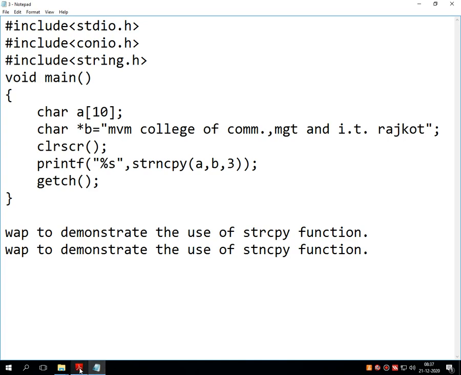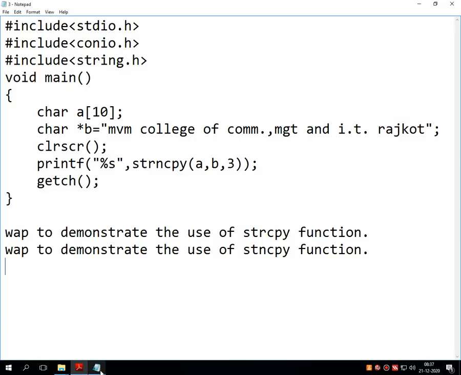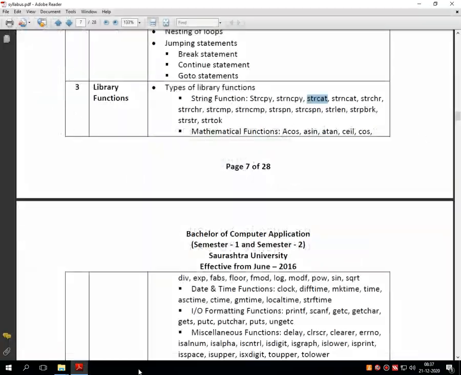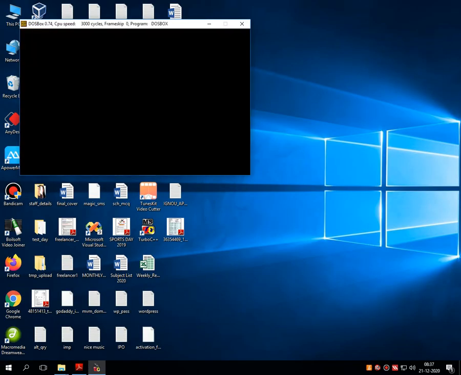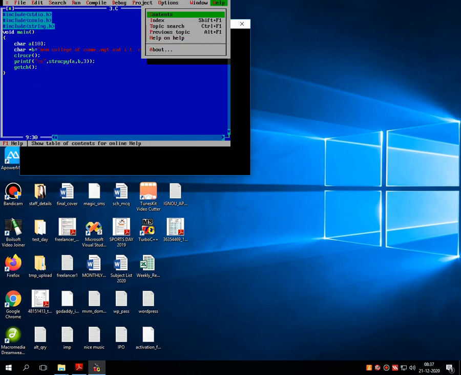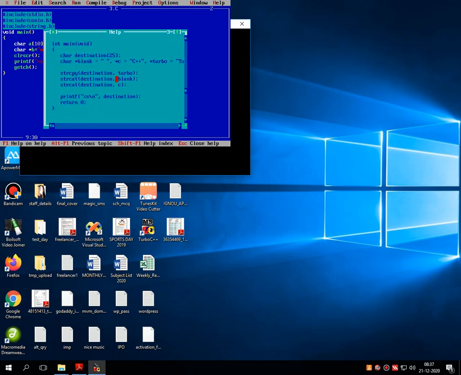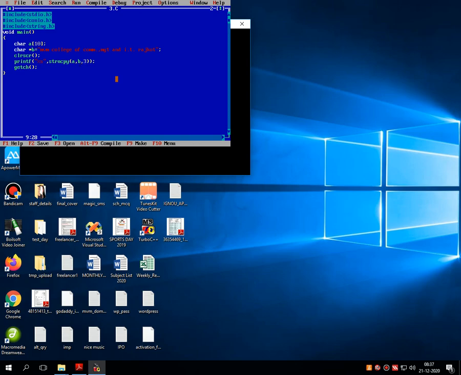The next function is strcat. So let's discuss the strcat function. The strcat function is a string concatenating function. That means it appends one string to another string. Let's see this practically, so it becomes easier for all of us to understand how it actually works. For this, what I am doing is,